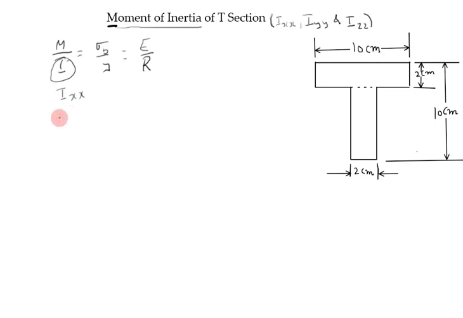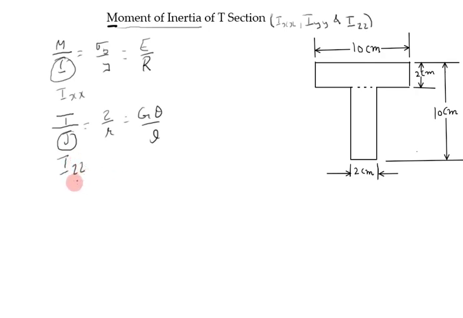When we do the chapter of torsion, the torsional equation is T by J equals tau by R equals G theta by L. Here J is the polar moment of inertia, which is